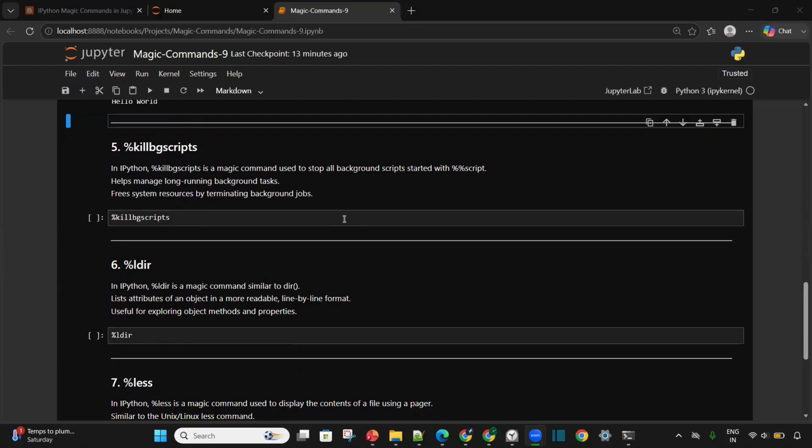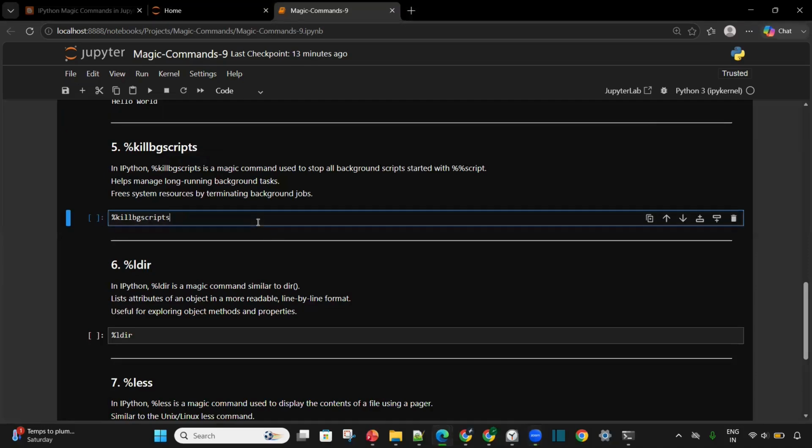Next, let's explore the magic command %killbgscripts. %killbgscripts is an IPython magic command used to stop all background scripts which were started using %%script, or all the background scripts which are running in the background. Okay. So if we have started the background scripts or jobs using the command %%script, we can stop them. To stop this, we can run the magic command